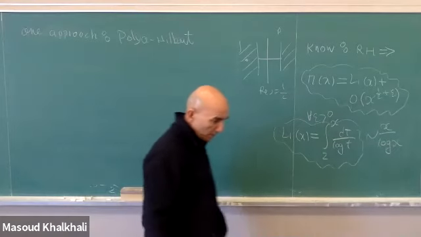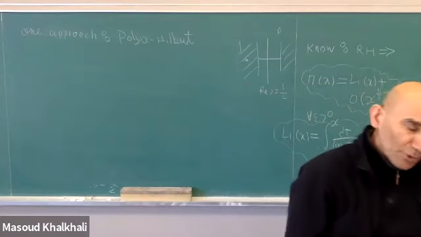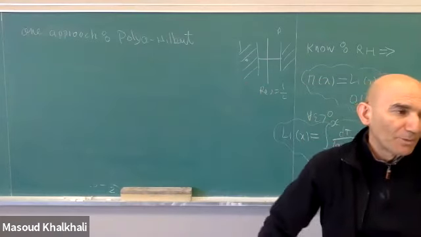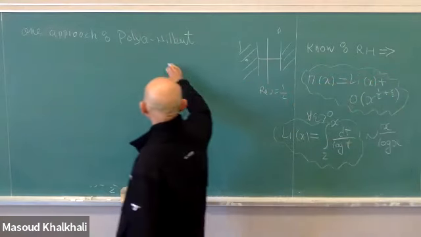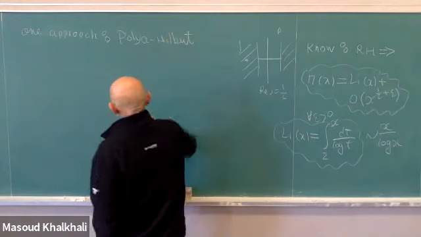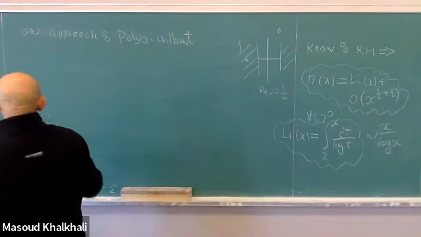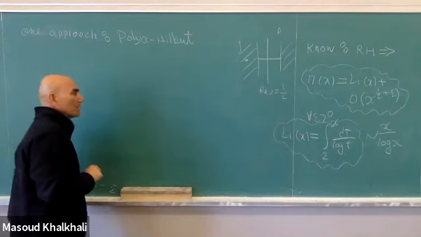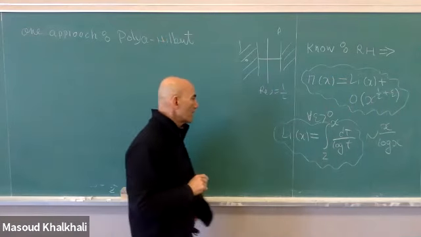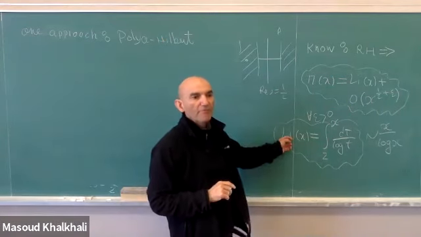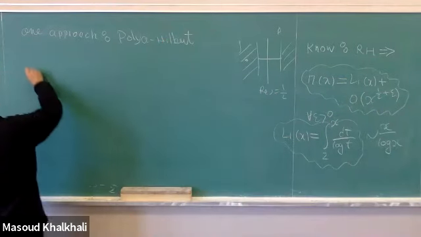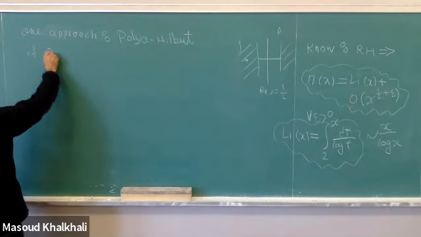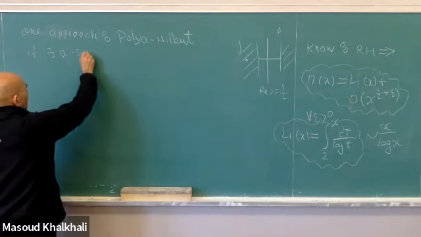What is the Pólya-Hilbert approach? I'm not sure how Hilbert is responsible for this, and not sure they did any work on it, but there is an idea attributed to Pólya and Hilbert. The idea is this: if there exists a self-adjoint operator